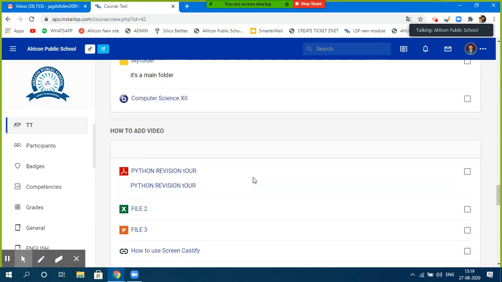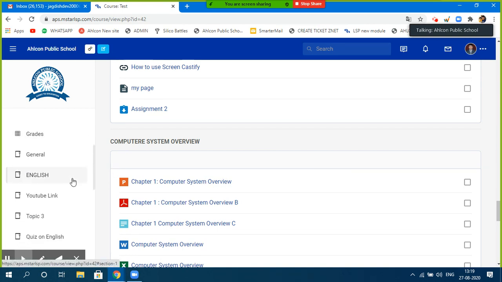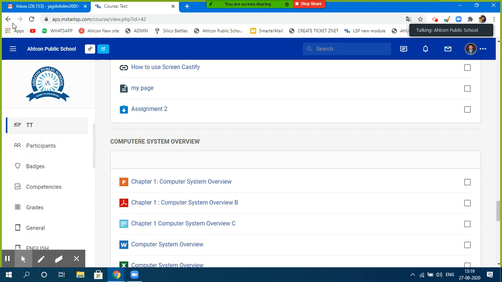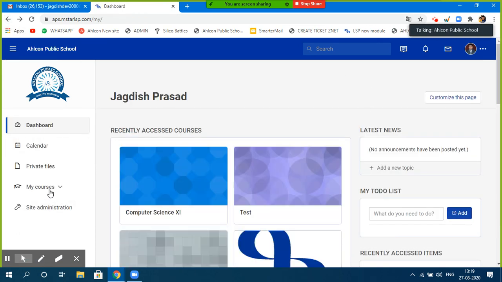Now let's say anytime you want to upload something, you need to click on here, upload, this edit, enable editing. Anytime whenever you log into this particular platform and you try to upload something, you need to click on this enable editing after clicking on your class. Once you click on a class, you can go to your class through the dashboard, or you can go to your class from here, my courses.